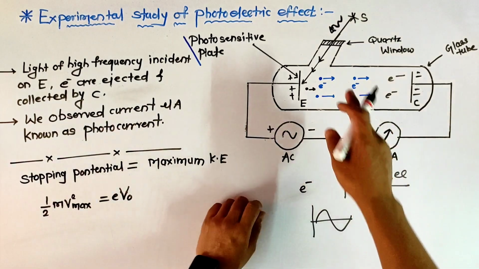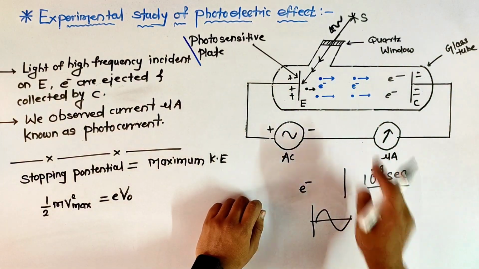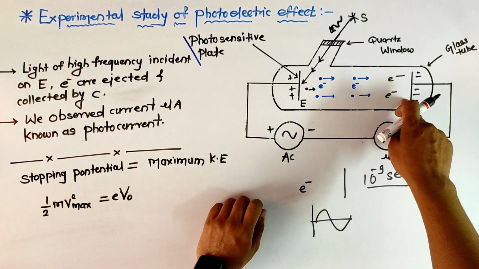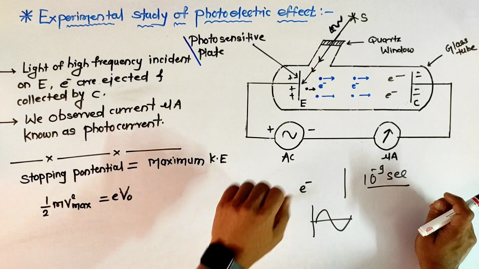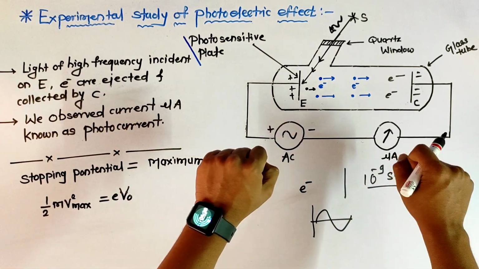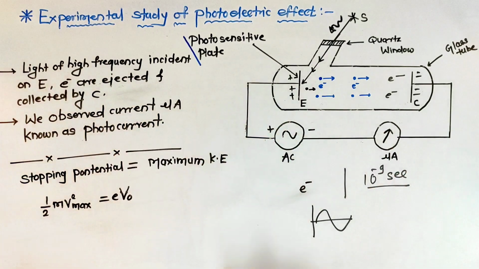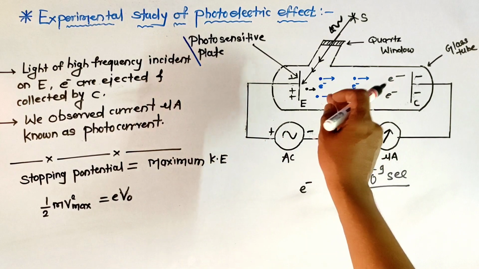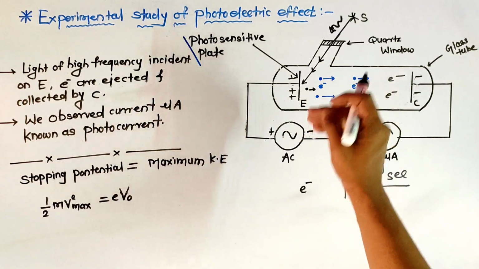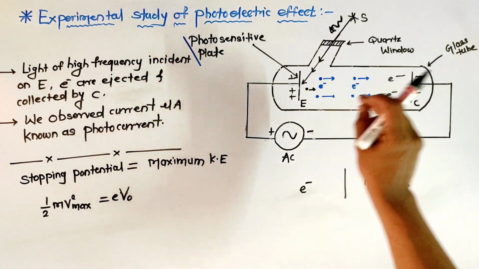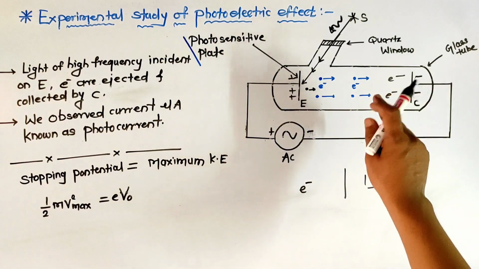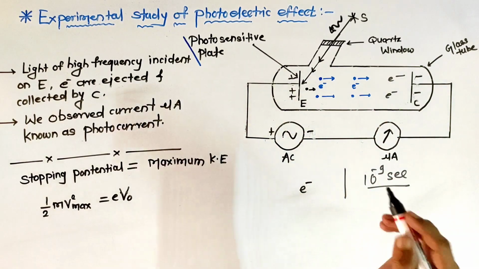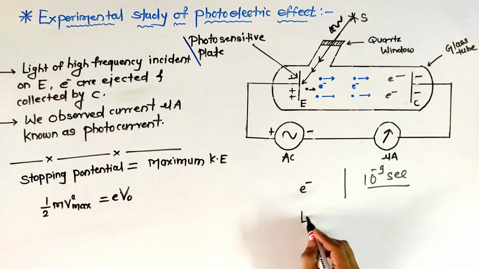So now what will happen? As soon as our electron is emitted, the charge of the electron is negative and the charge of this plate is also negative. So what is going to happen when one negative charge and another negative charge try to come near each other? They will repel each other. Even if we give a negative charge to the collector, electrons having a large amount of kinetic energy can cross this negative barrier and reach the collector plate. We will get a current at this time, but a very small amount of current. We will get a lesser current.